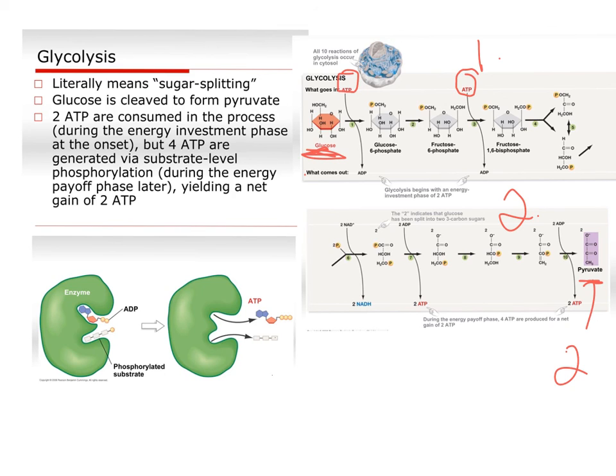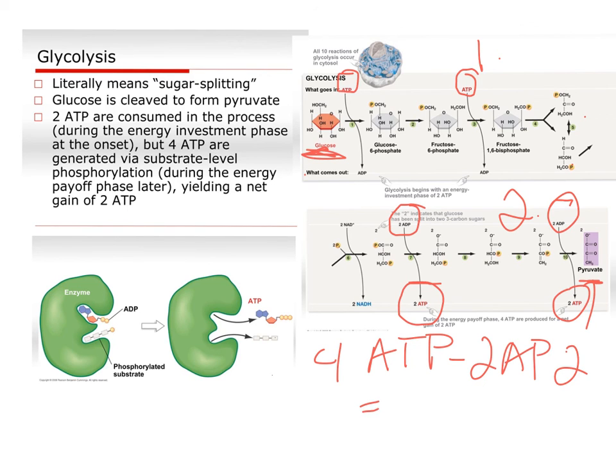So we're actually investing some energy to start to split the glucose. But then the second phase of this set of reactions we call the energy payoff phase. Okay, so here notice ADP is coming in and it's going to come out as ATP. Same thing here. So we are going to actually get a total of 4 ATP from this process. But remember, back in the investment phase, we had to spend 2 ATP, which means we have a net gain